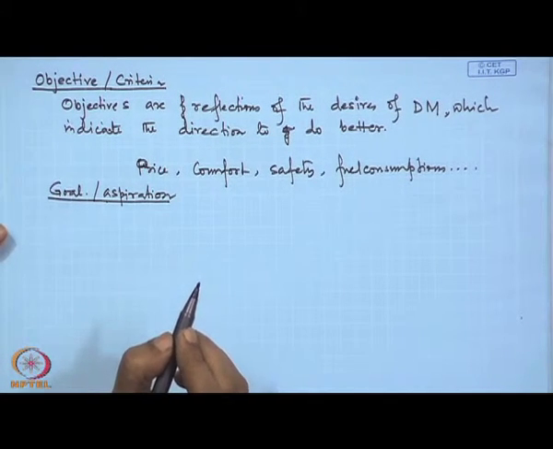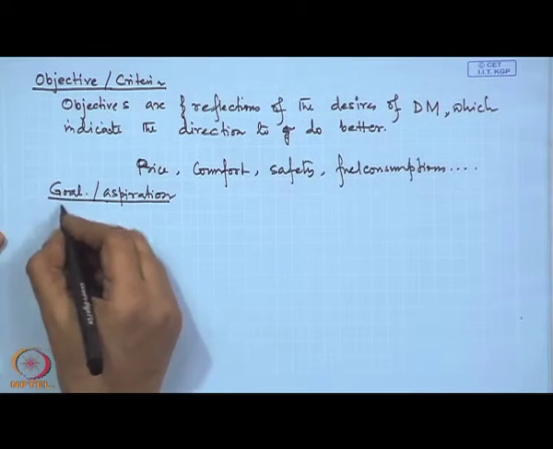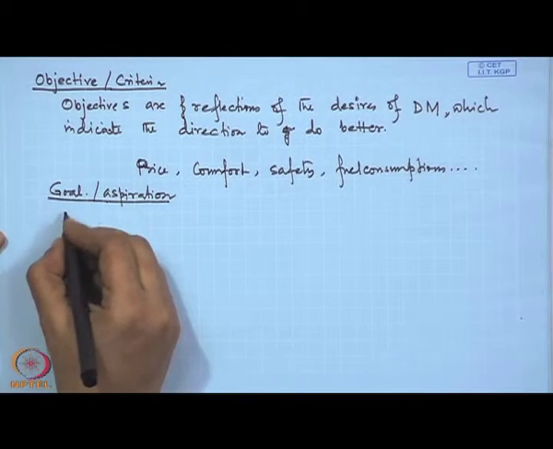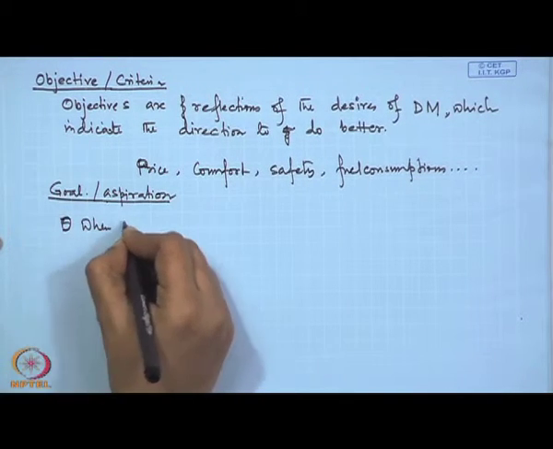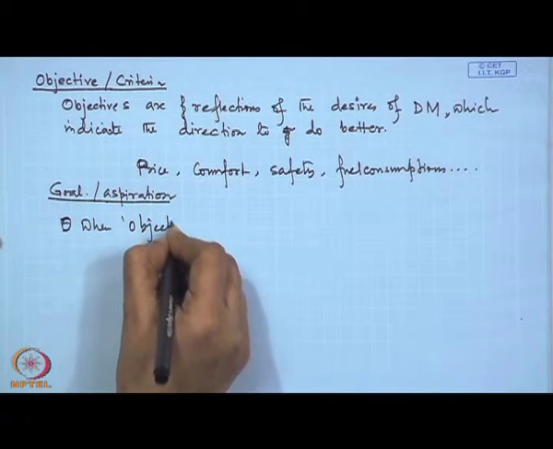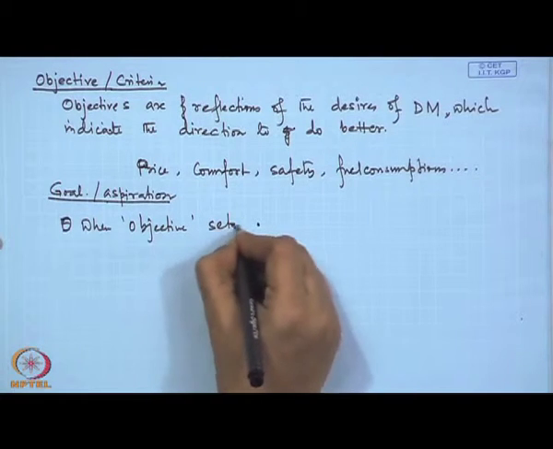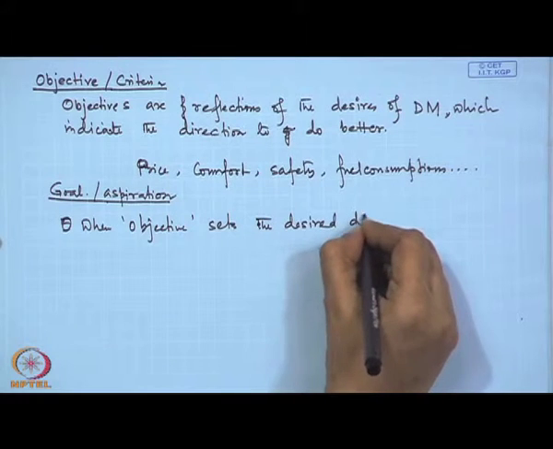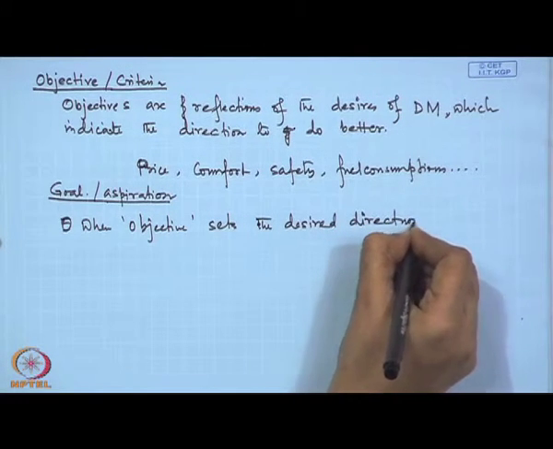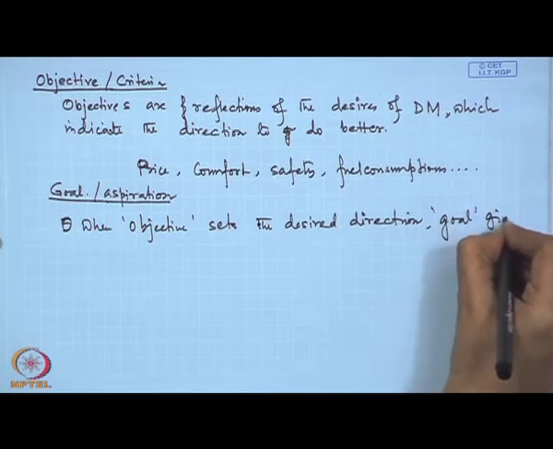What is the goal and what is the concept of aspiration? It fixes the target of the objective functions. That means formally we can give the definition that objective sets the direction, goal gives the